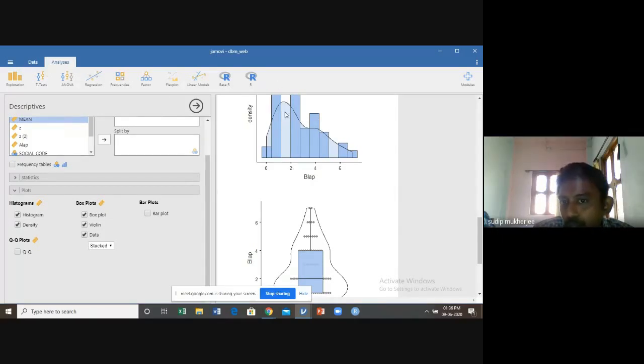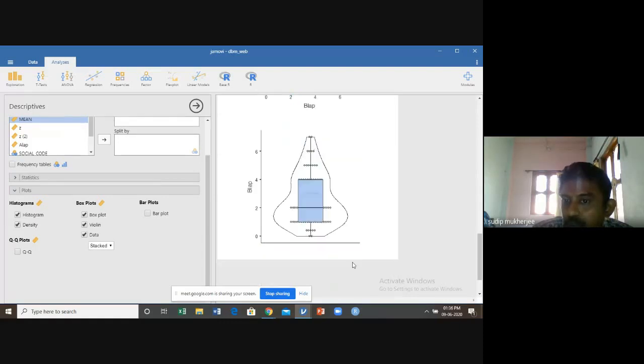Basically, if you see this curve, this is the modal value. With this curve, it can be concluded that there is a long positive tail, but the majority of concentration is with respect to this particular value.